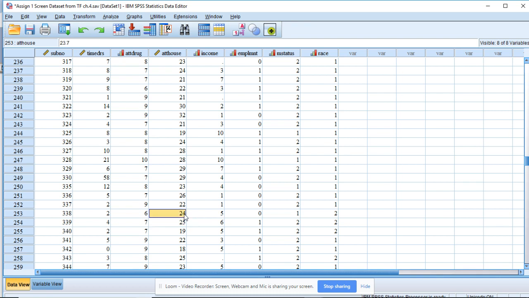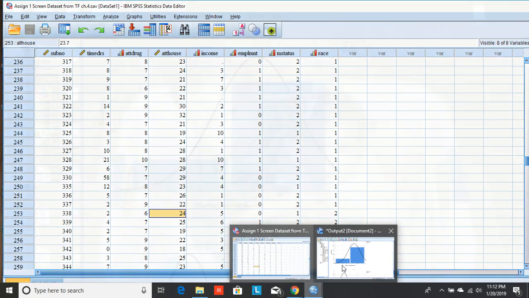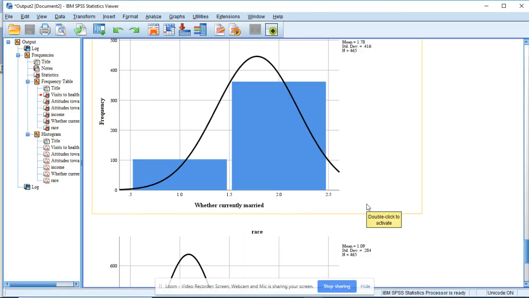So basically we just chose to put in the mean there, and that replaces the information that was missing, which is an acceptable thing to do in this case so that we have a complete amount of data. So now we'll just go ahead and hit save on that so that we save our data set correctly. And then we're going to go back to our output and take a look at